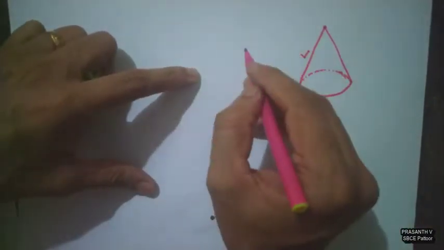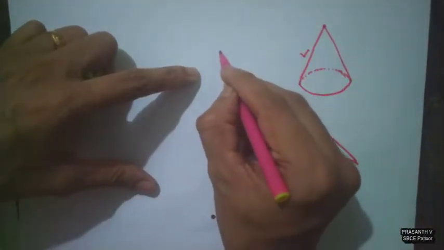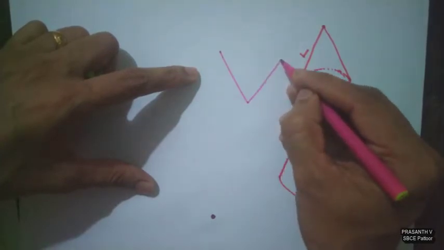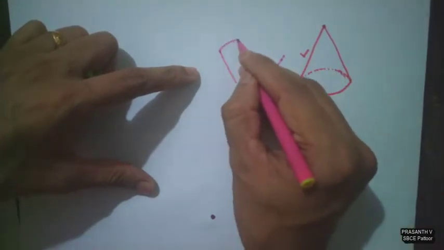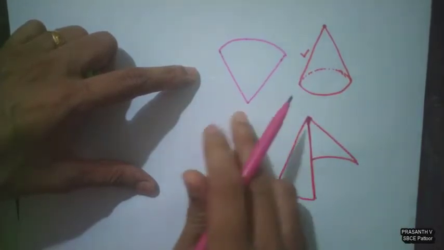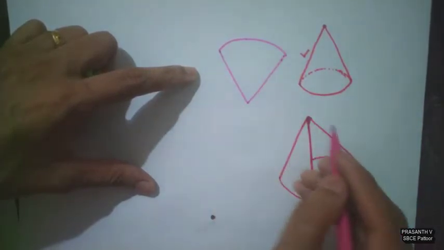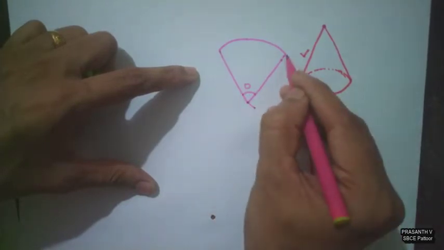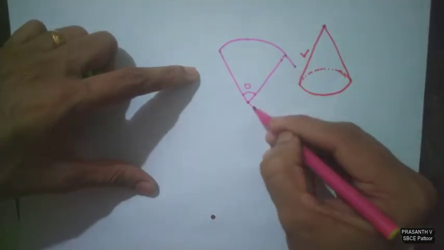If we draw this in a two-dimensional form, it will become like this. If we develop a cone, we will get an arc sector. This will be the development of a cone with angle theta, and here is the radius of the sector